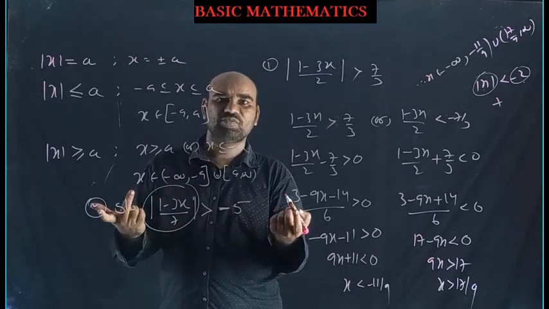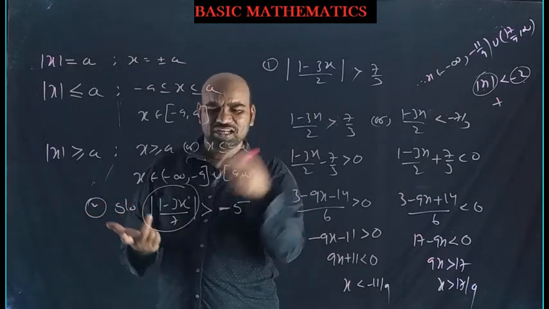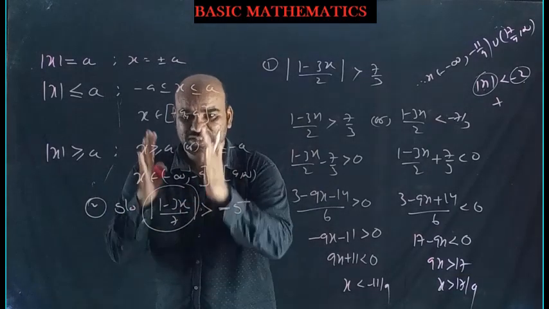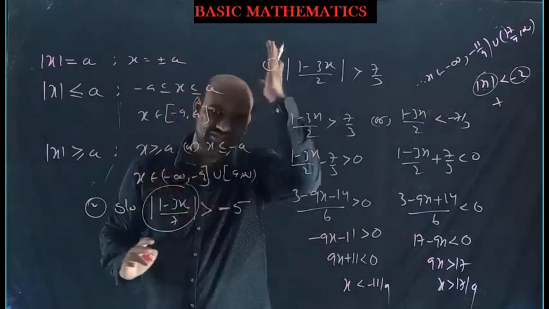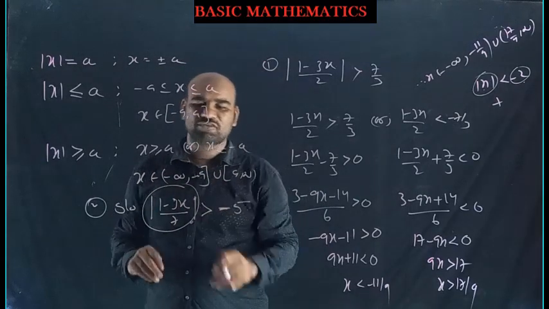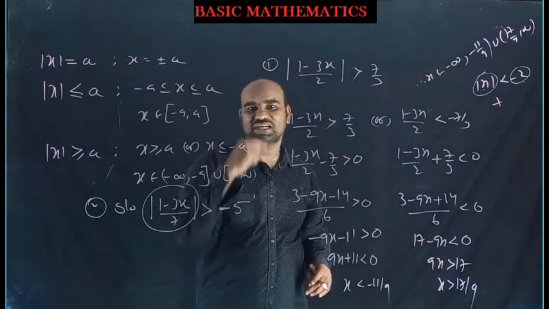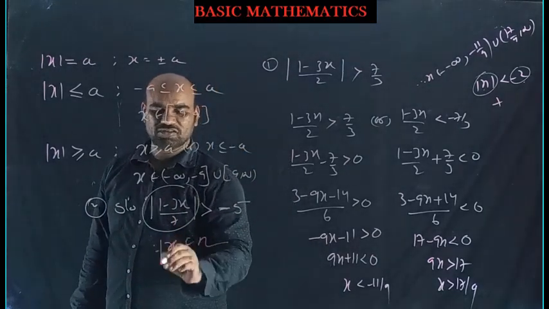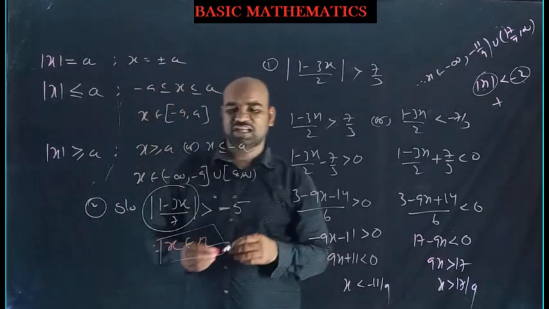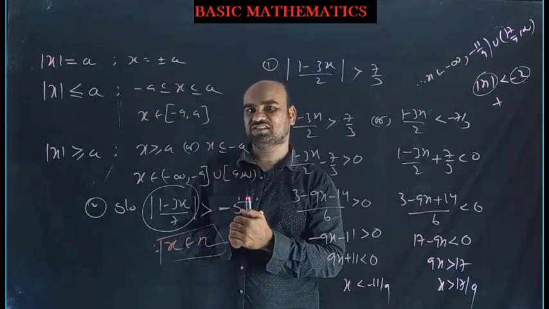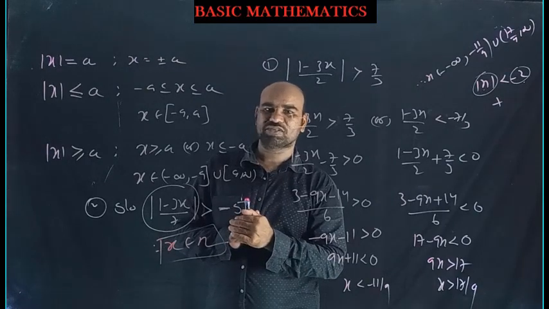That's why x belongs to R. Any real number, right, x negative or positive, whatever it may be. Modulus is there, no? This is non-negative, 0 or greater than 0, greater than minus 5 only. Understood? Therefore, all real numbers will satisfy, so x belongs to R. You want the right reason? LHS is non-negative, RHS is negative. Non-negative is always greater than negative. Therefore, all real numbers will satisfy.